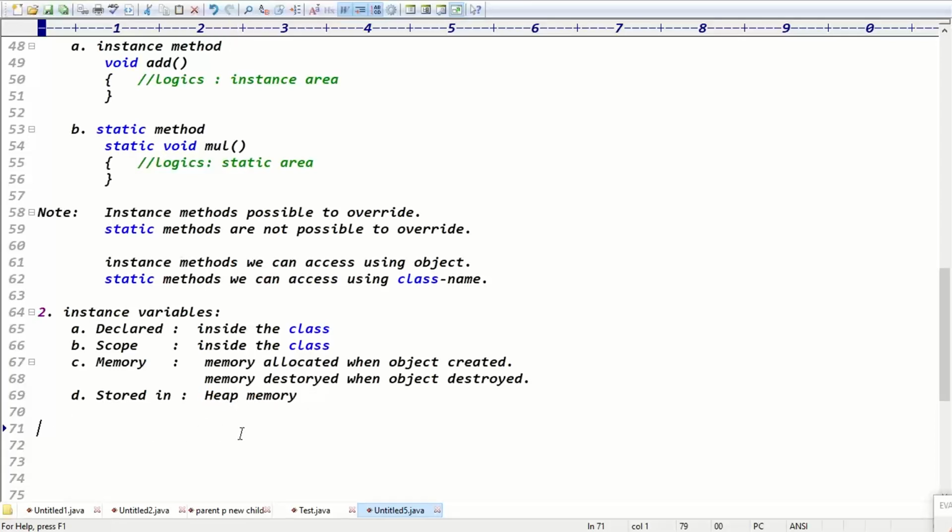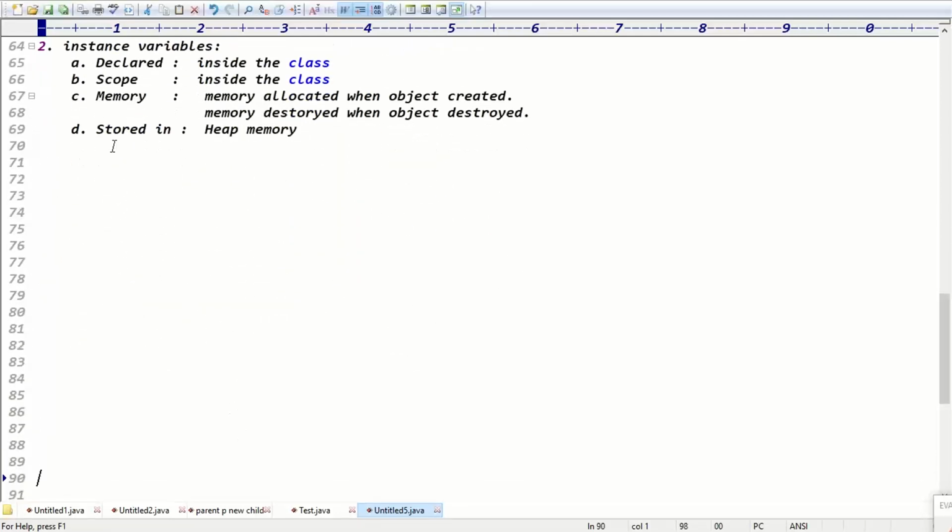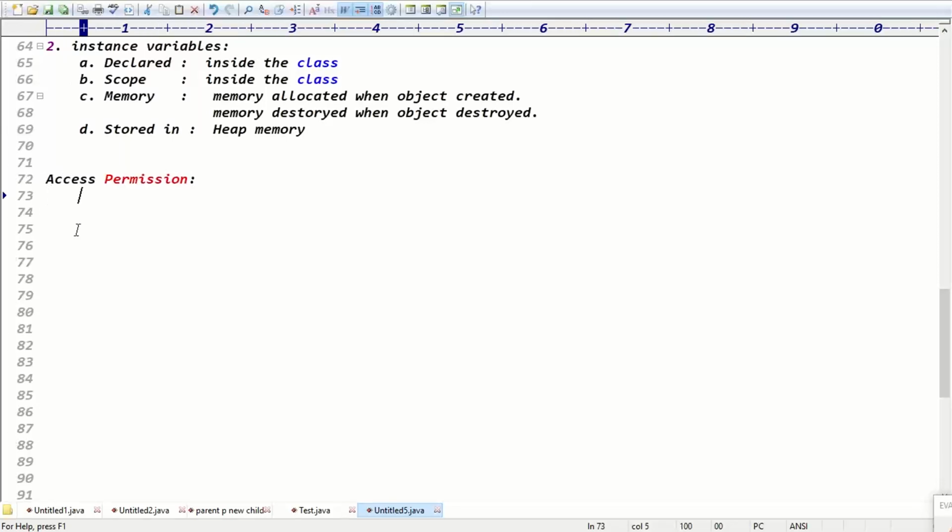That's all, guys. Let's call the instance variables declaration part the theory part. When it comes to application, before we start, we have to know the access permissions to access the data. An application contains instance variables and methods, right?